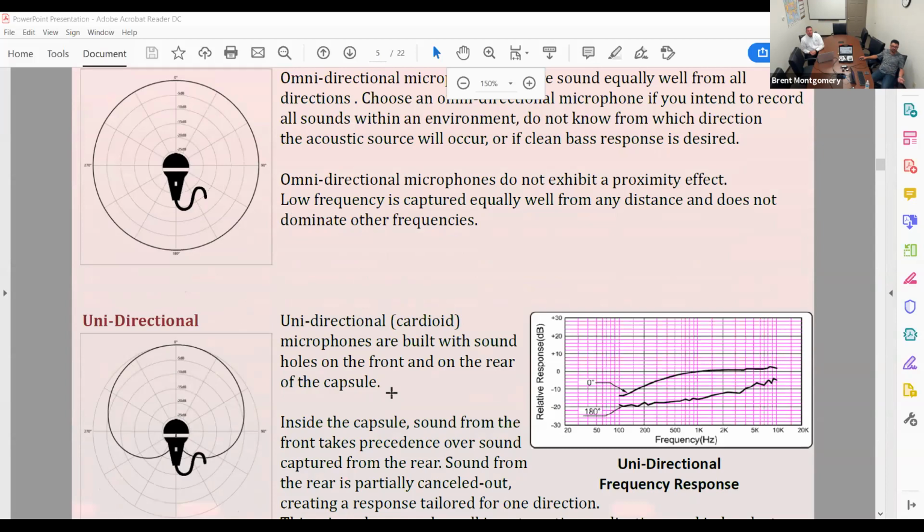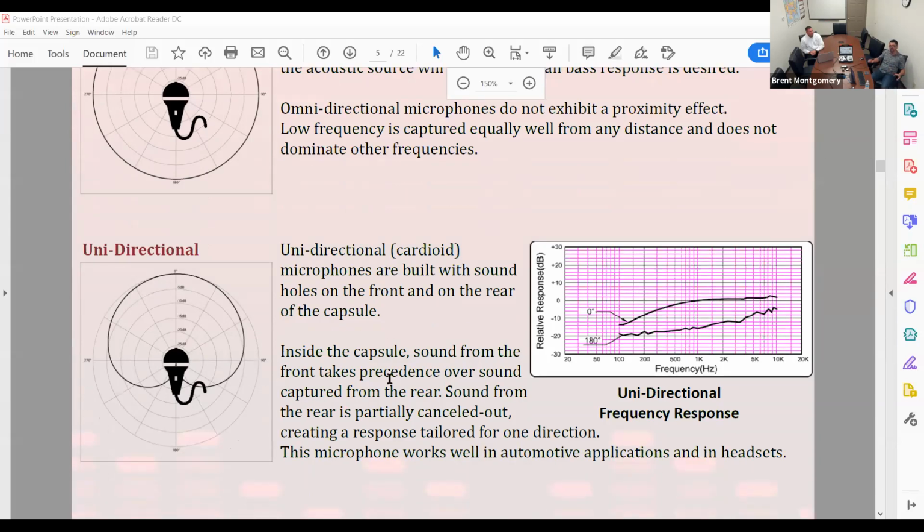If you want to pick up just the user in front of the microphone, you would want to choose a unidirectional microphone. These are also called cardioid microphones and are very close to what you would see a musician use on stage, such as a singer or somebody miking a guitar amplifier, and you're only trying to pick up one sound. And as you can see, the actual frequency response of this type of microphone as you move away off axis drops pretty significantly below 5,000 hertz. So what that's going to do is prevent spurious sounds from entering in the microphone that you don't want to pick up.